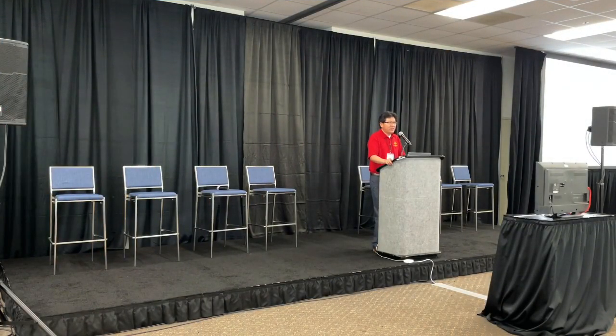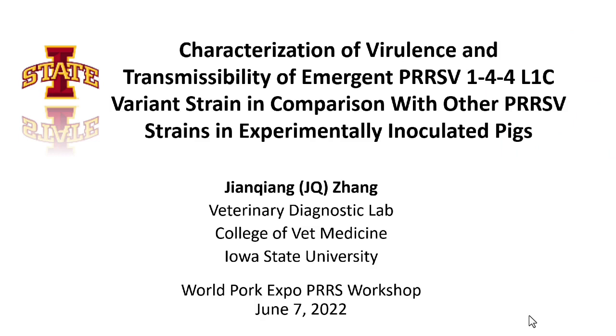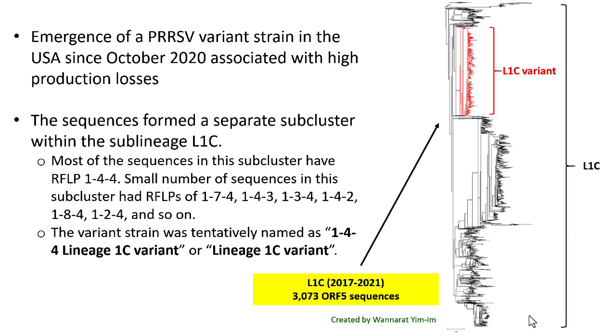So today I'd like to share some experimental data characterizing the virulence and transmissibility of the PRRS 144L1C variant in comparison with other PRRS strains. You all know that since October 2020, this PRRS variant emerged in the US associated with high production losses. ORF5 sequencing indicates that these viruses formed